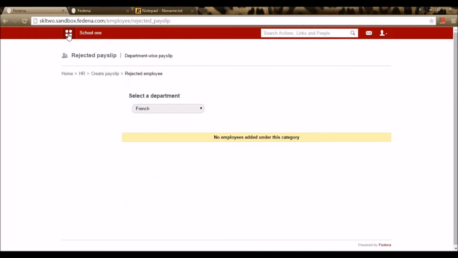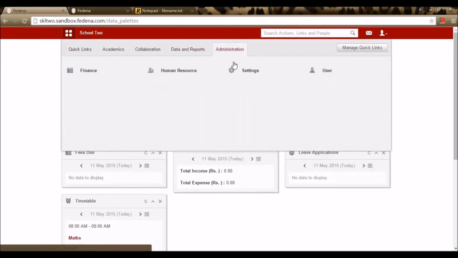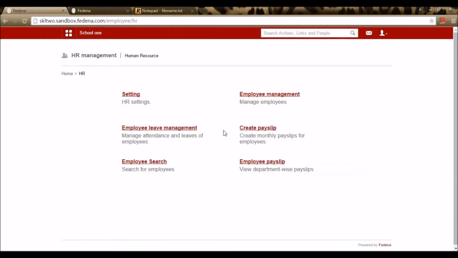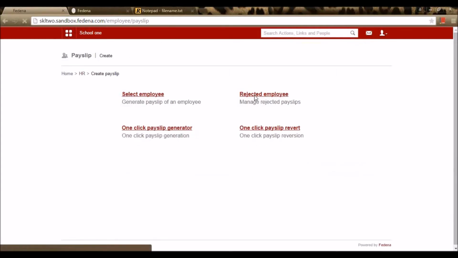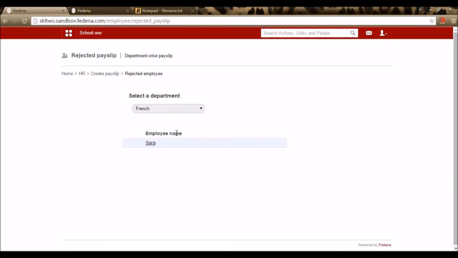So once this is done, let me go to human resource, create payslip, rejected employees, and here when I select the department, I can view this particular employee named Sarah, and let me select the particular month for which the payslip is rejected.